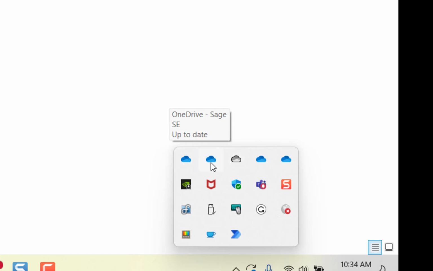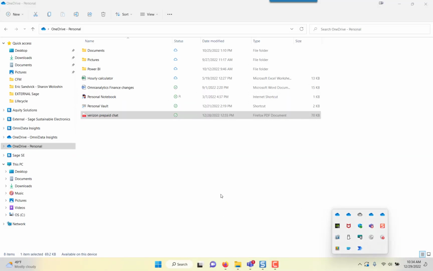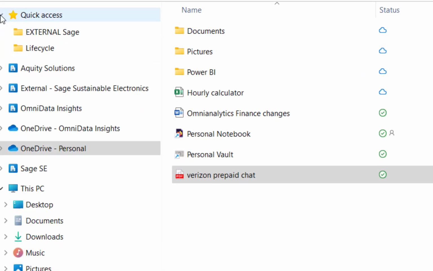And these actually are on different tenants because of the work that I do. Most people won't have that. Then what ends up happening is over in File Explorer, which is what you're seeing on the screen, you'll see